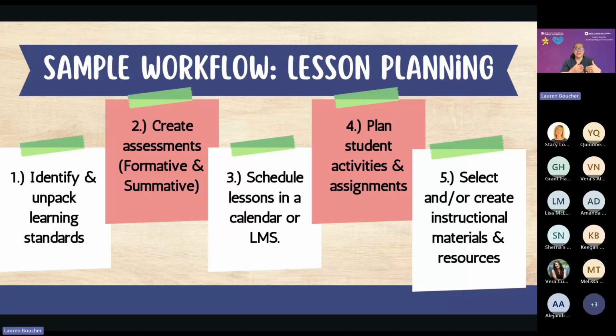Beginning with the end in mind, we have to have that destination, that end point in sight, so that we know what steps we need to take along the way to get there. So we've unpacked our standards. We're going to create all of our assessments, formative and summative. We should always be pre-assessing our students. So using what we've unpacked to create a pre-assessment, which is also your post-assessment, because we want that one-to-one correlation to see how our students have grown based on the instruction and the practice that we have provided to them.